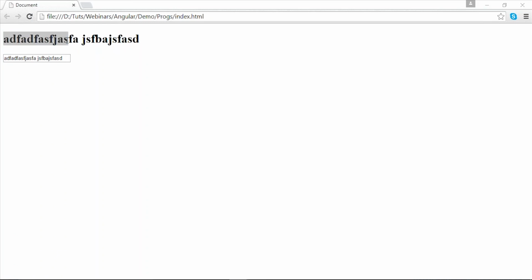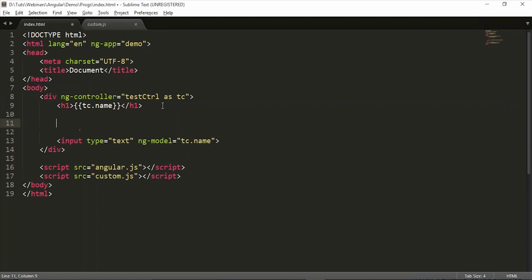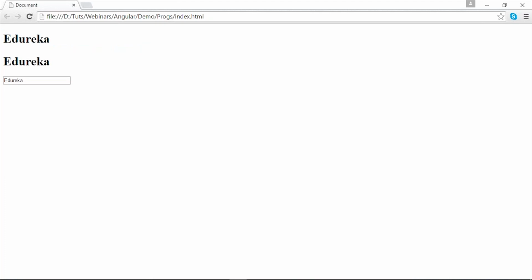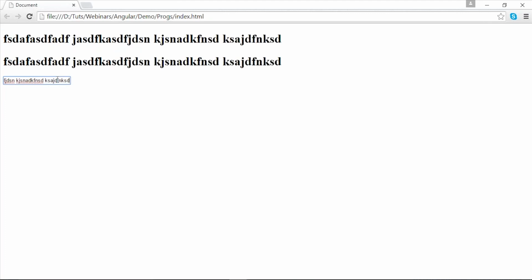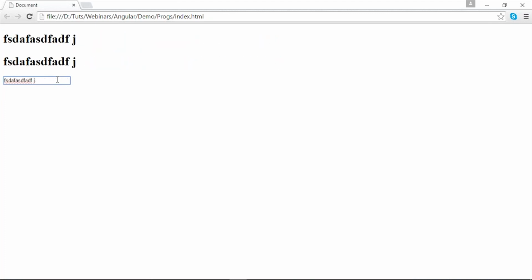Here it is nothing. You can use the same variable multiple times. I'm going to create it one more time here also, tc.name. Okay, so we can display the name right there. Whenever I make a change, it will update all these variables. It updates the whole view. I didn't write any code for it. Simply I created one scope variable in my controller, just gave the scope variable to the text box and in the view, automatically this is getting